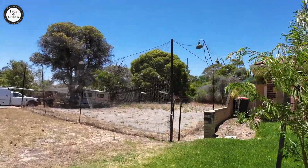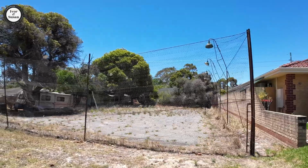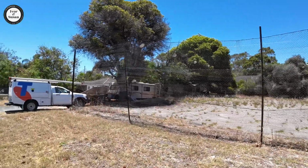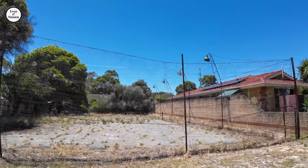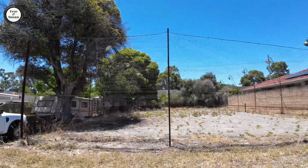Look at this over here, guys. This used to be someone's. This, by the looks of it, is one big block, a continuation with that house, and that there used to be a tennis court. You can see the lights, makeshift lights up there. So there's about 10 of those lights up there,